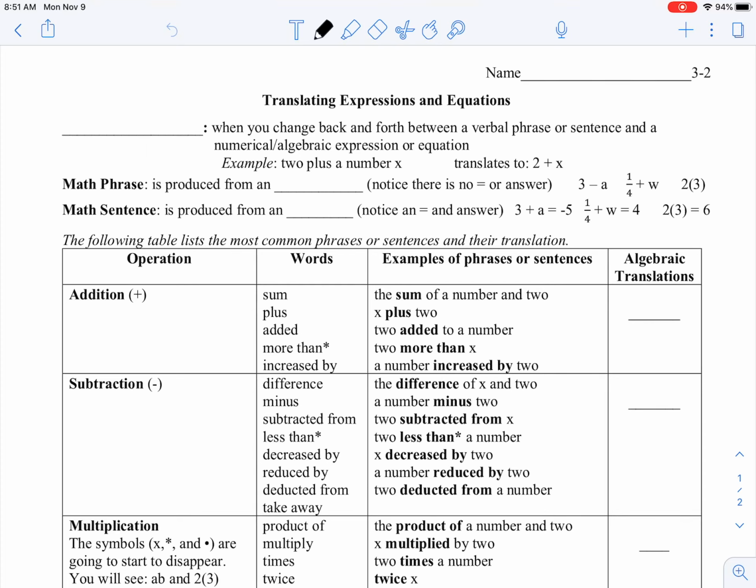A lot of times we will run into mathematical things that aren't clearly written in numbers, variables, operations, etc. They might be written in sentences. So we want to be able to discern what operations we actually need to use in these mathematical sentences. When we change back and forth between a verbal phrase or a sentence and a numerical or algebraic expression or equation, we call that a